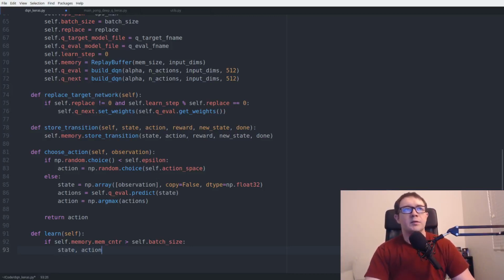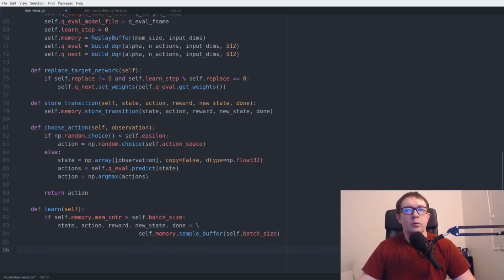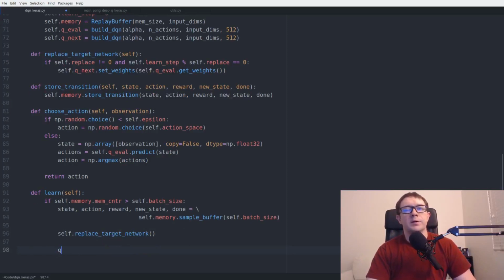And then when you have, you say state, action, reward, new state, and done equals self.memory.sample_buffer self.batch_size. Let's tab that over. Okay, so this will retrieve a batch of memories from our memory. Next thing you want to do is replace the target network if appropriate. Then you want to say we want to actually perform the feed forwards to get our